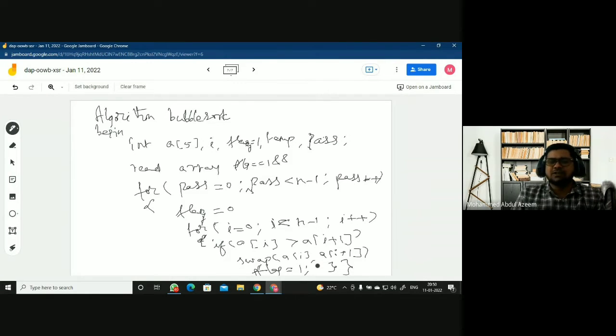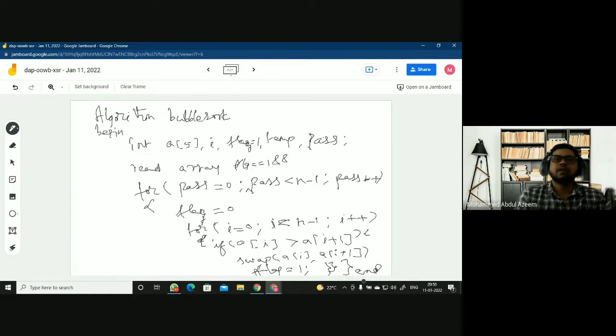When this condition is false in all the places, you don't enter inside this particular if block at all. Yes or no? This is your if block, right? You don't enter into the if block at all. So then you don't change the flag value. When you don't change the flag value, when you come for the next iteration, flag value was 0 itself, right? So the flag equal to 1 condition will not be met. So you will be restricted from entering into the next pass because the elements are already sorted. So you stop doing it. So now you can end the algorithm. This is the algorithm. Okay.